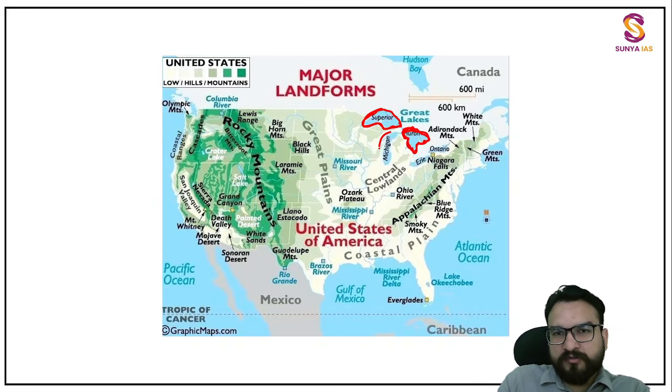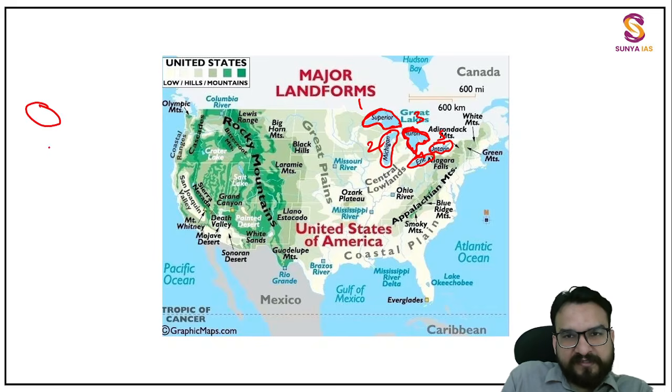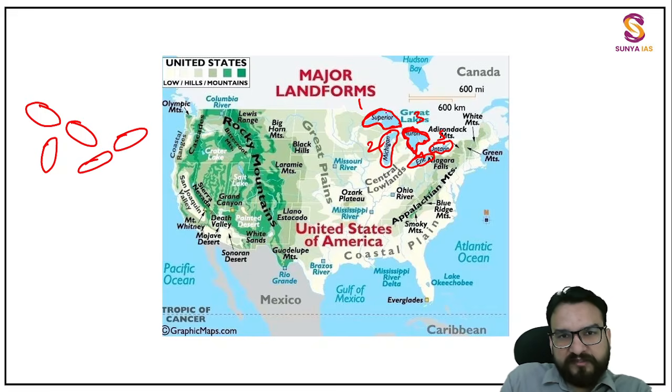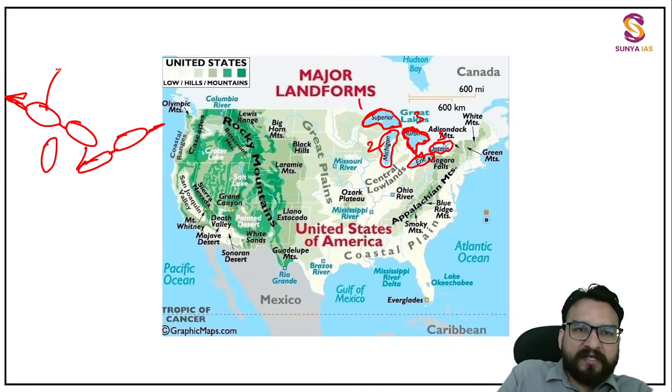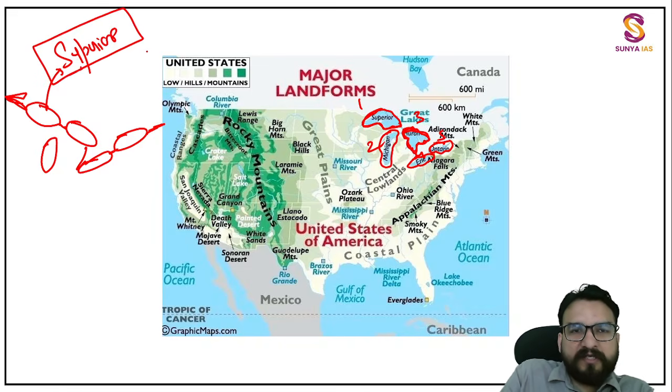This is Huron. See the location, southward side, Michigan, then Erie over here, and then Ontario over here. 5, 1, 2, 3, 4, 5. So Superior like this, Michigan like this, Huron like this, Erie like this, Ontario like this, somewhere like this, and like this you will be finding their basically border. Superior Lake. First of all, the most important lake which you are going to find over here is the Superior